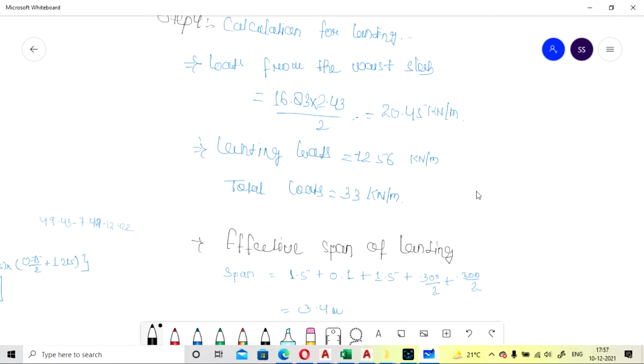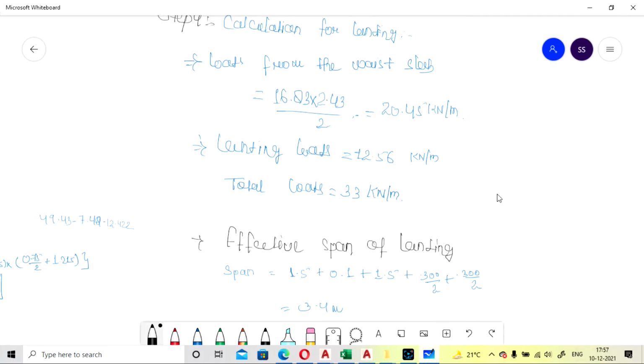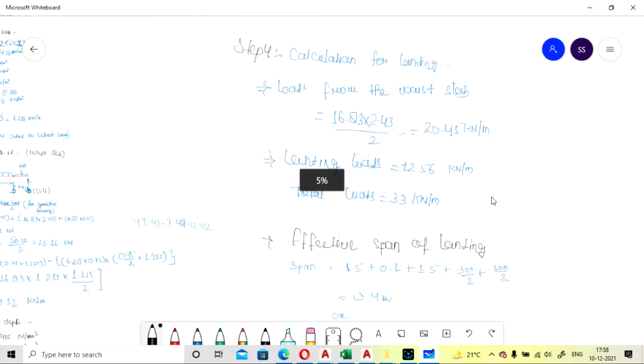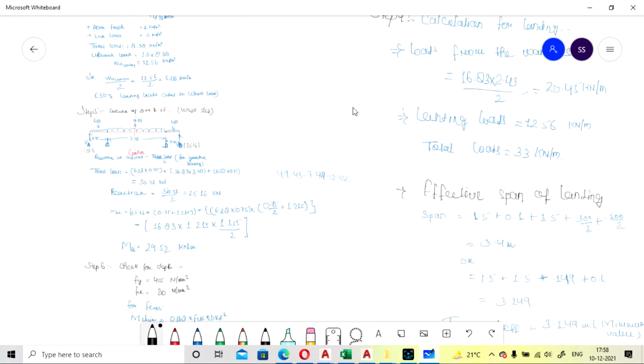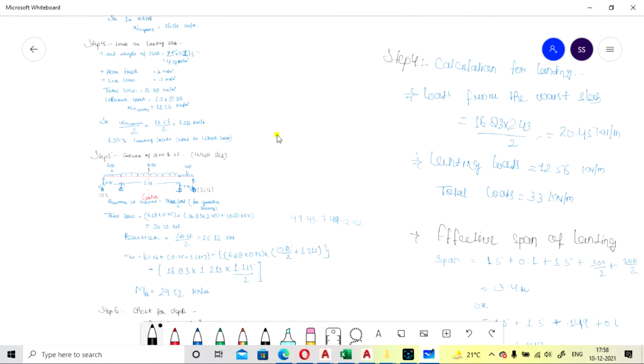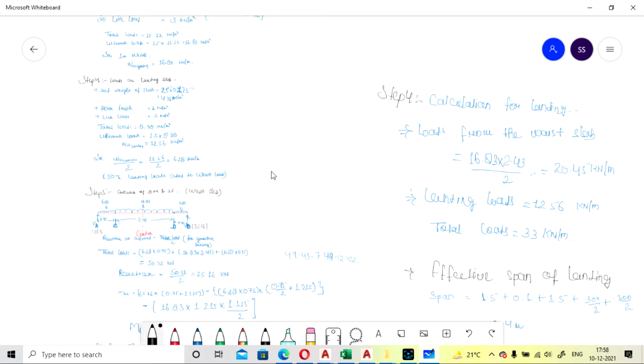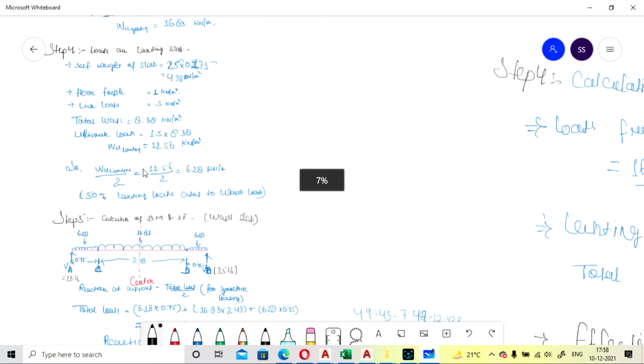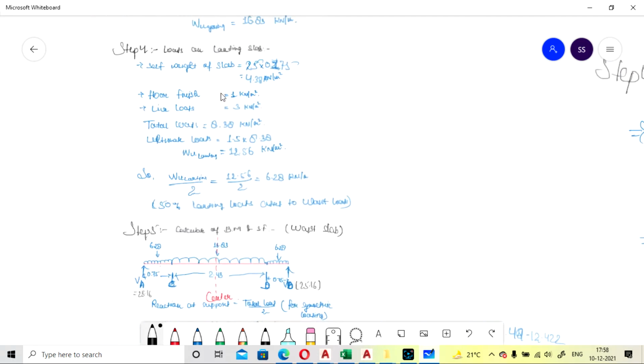Now our landing load is 12.56. We have already calculated it in part 1, I will show you here. So we have calculated the landing load here, and it comes as 12.56 total landing load.